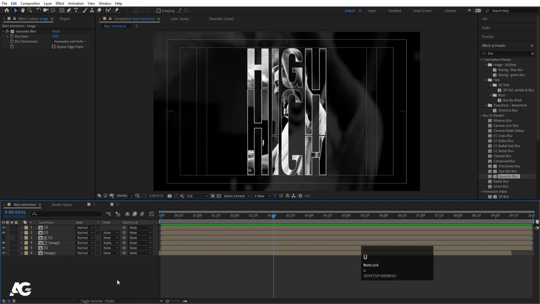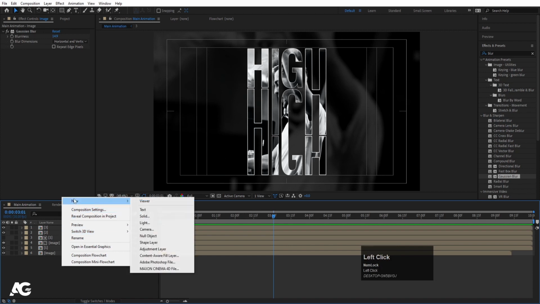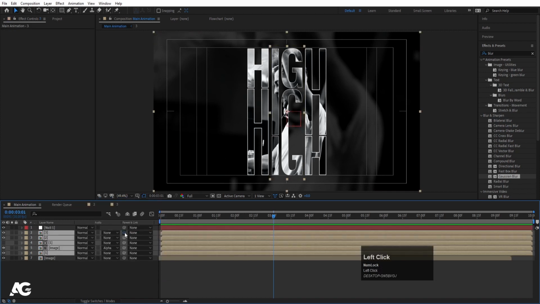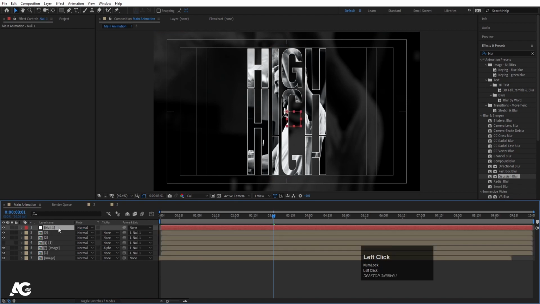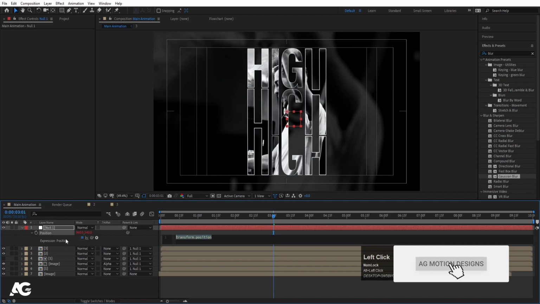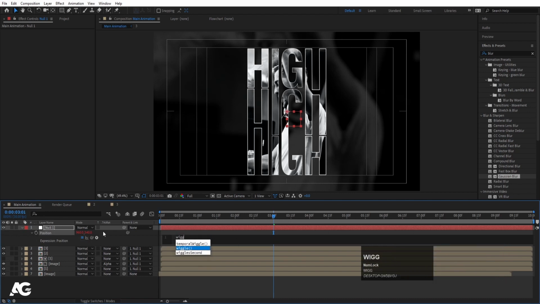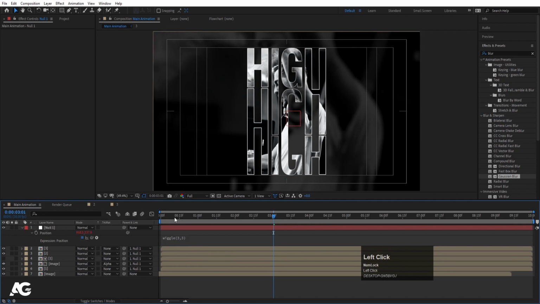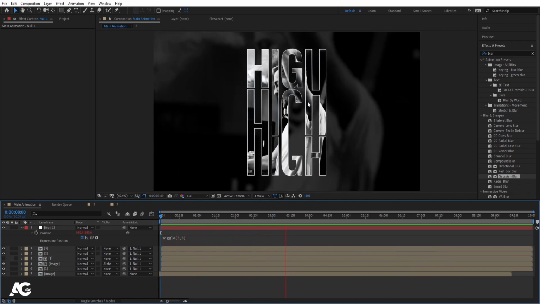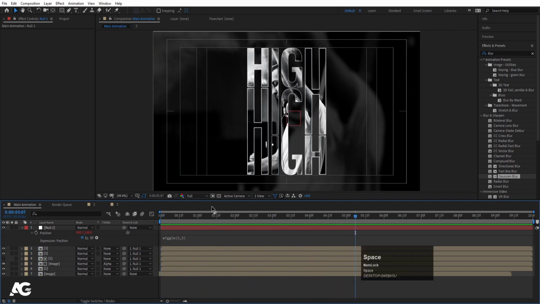Okay, hit U. Now right click new and create one null object, select all of them and make it parent with this null one. Select this null one, press P for position and by holding Alt I'm going to apply wiggle expression on it. Let's call it 3,3. So along with this animation we will get a little bit of wiggle effect over here also,